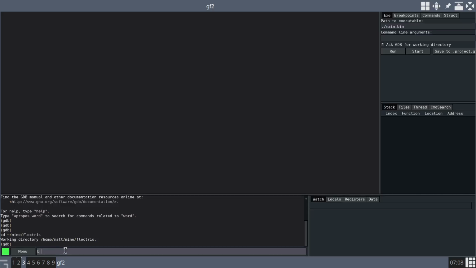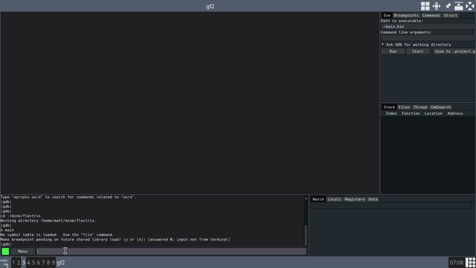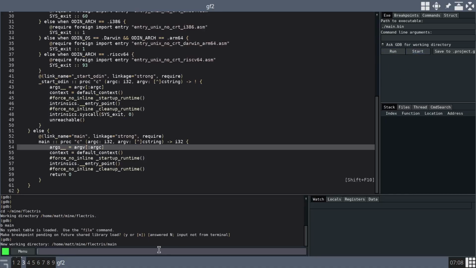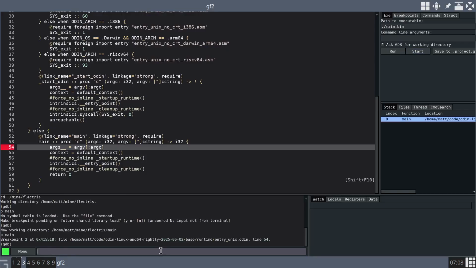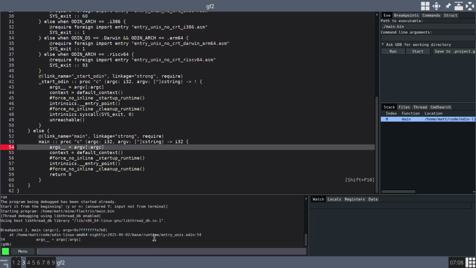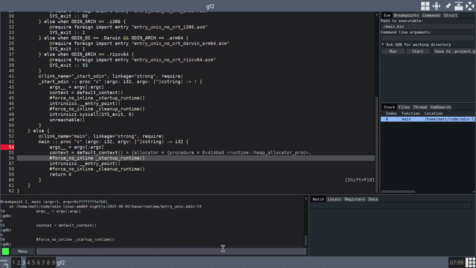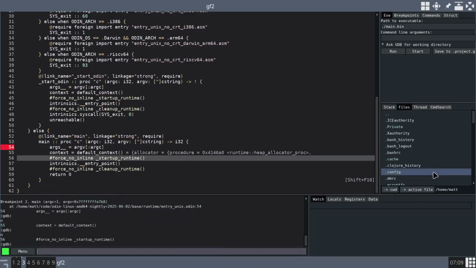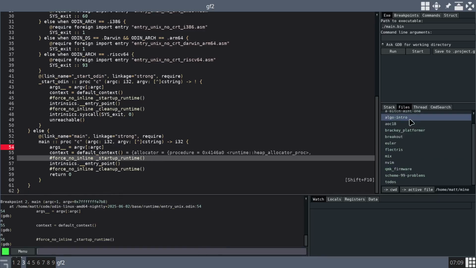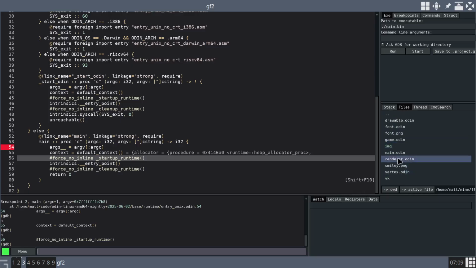I set like breakpoint main. So no, like start, does that load my symbols and then I can put a breakpoint on main? Then run. Oops, I'm in the wrong spot, that's why I can't do it. And that's working, nice. If we now go to files, mine, Flectris, main, renderer,